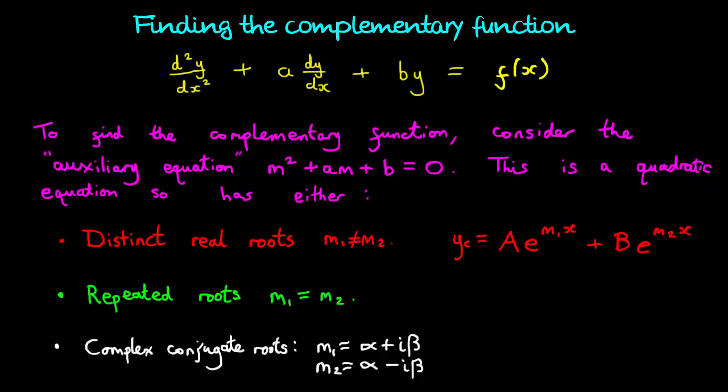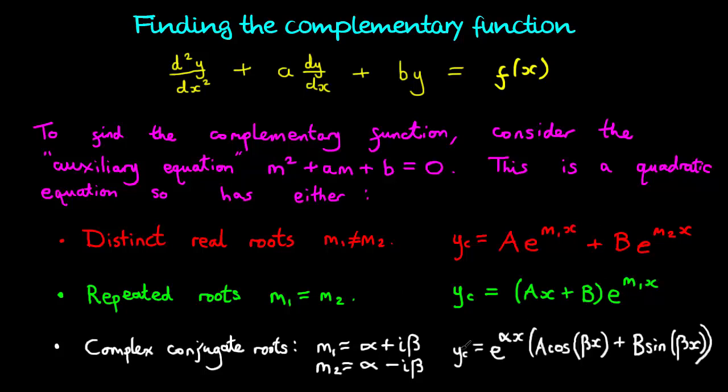Now, if we have repeated roots, in other words m1 is equal to m2, then the complementary function is (ax + b) multiplied by e to the m1x. So a and b here again are arbitrary constants, and e to the m1x is the exponential that we multiply by ax + b. Note that we could also have e to the m2x here, because m1 and m2 are exactly the same thing. And then in the remaining case, when we have complex conjugate roots, the complementary function is